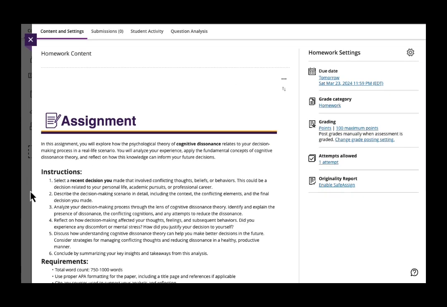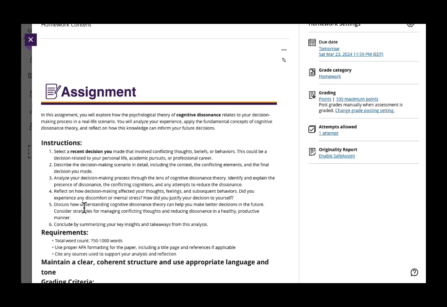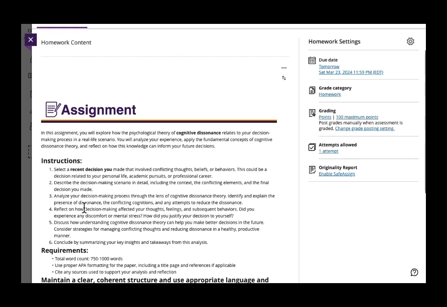We give instructions, requirements, all the details to make sure that they're the ones that are providing this information. But all of this is a reflection on their understanding, their personal understanding, where they have to give personal stories and evidence, which is not something that generative AI does very well.